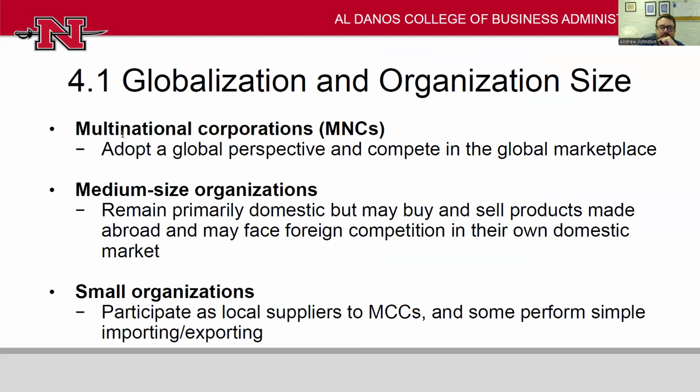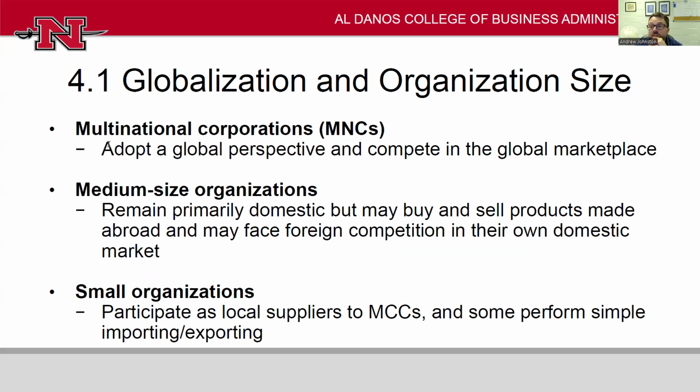Globalization and organizational size. You tend to see, obviously, bigger organizations are more likely to be global and vice versa. Global organizations are more likely to just be larger organizations, if only because it requires a greater allocation of resources. You have to have more capable managers. It requires more of the managers, but it also requires more in cash. You're probably going to be paying transaction costs and legal fees to set up in a new market. It's going to be expensive to pay employees to be operating across borders, and to just have more staff than you have in your strictly domestic market.